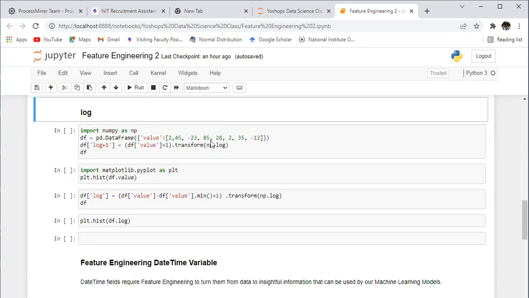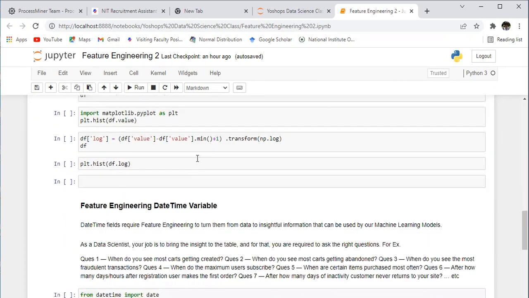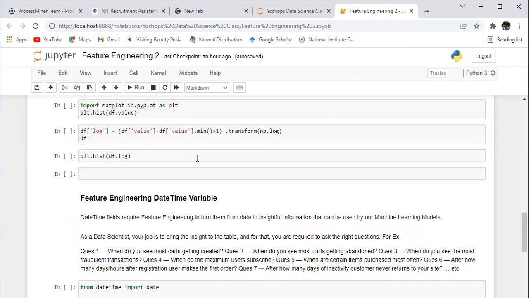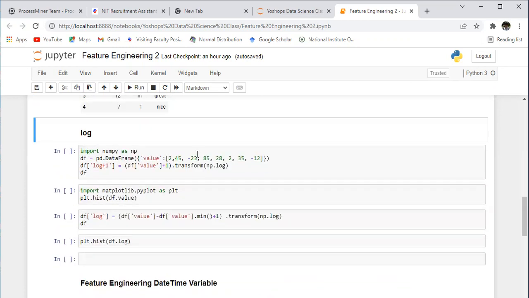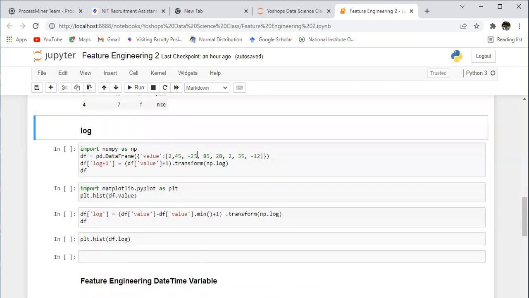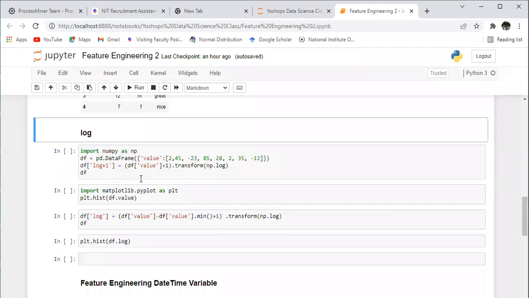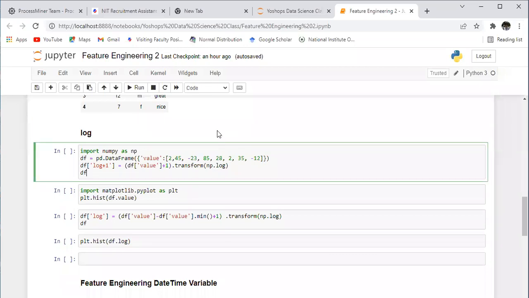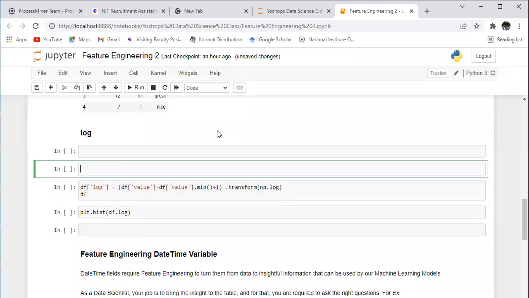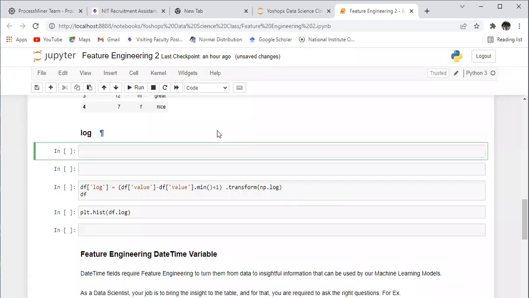So here, if we wish to take a look at how log transform works, let us take some other values, some simple one. Let's suppose